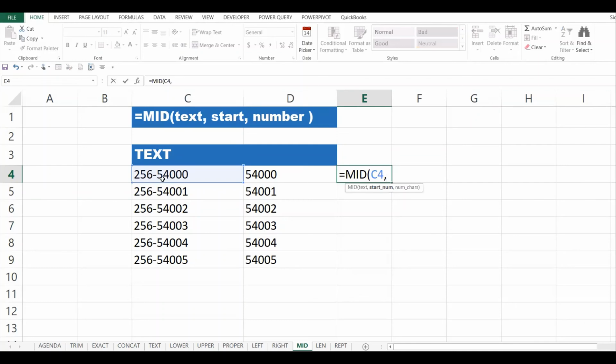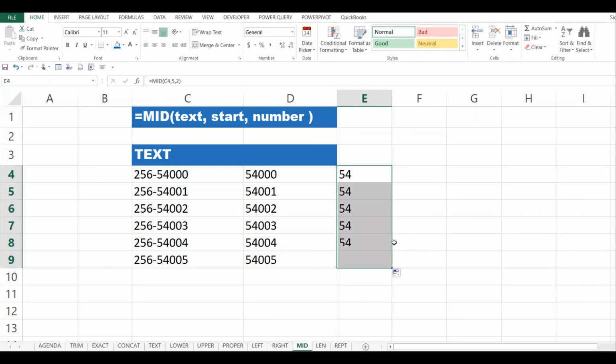I want to start, count from where you want to start, 1, 2, 3, 4, 5. I want to start from 5. And when I start from 5, how many do I want? So assuming I want 54, I want 1, 2, comma, 2. Like so, you get 54 and you copy it down, then you extract only the 54 from this. So this is how the mid function works.